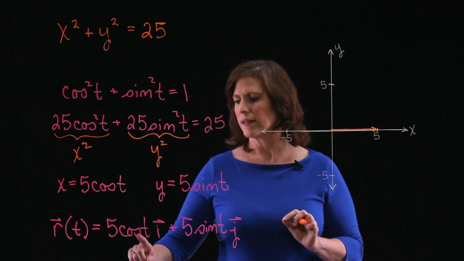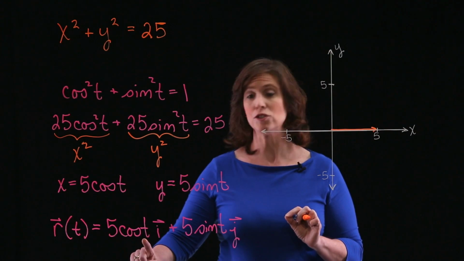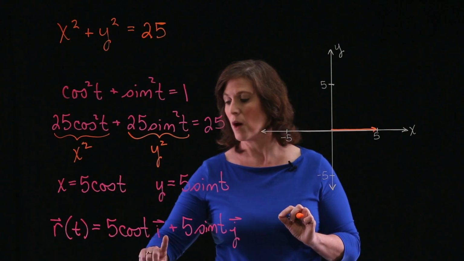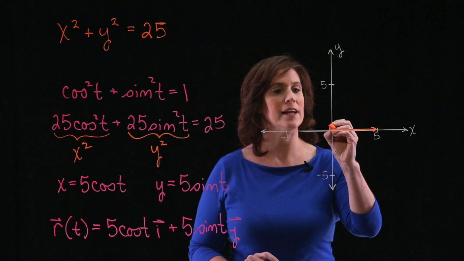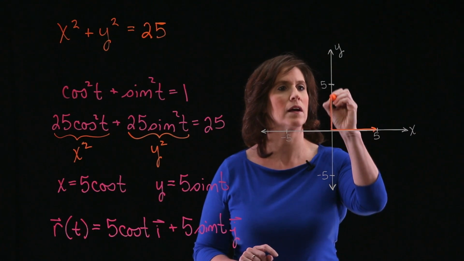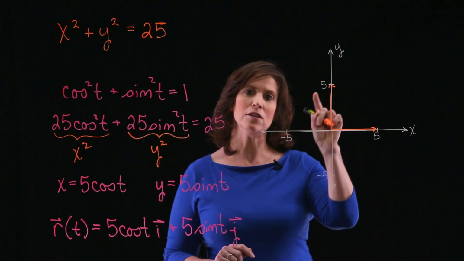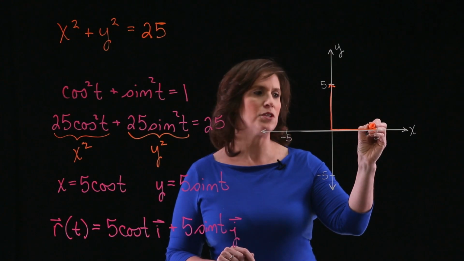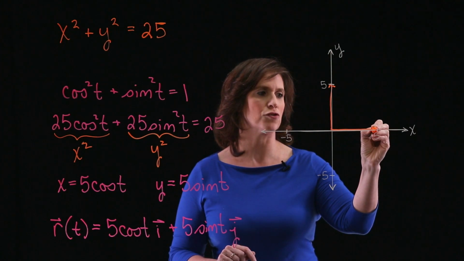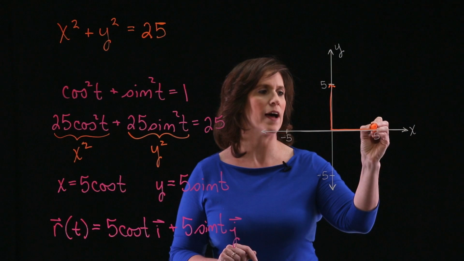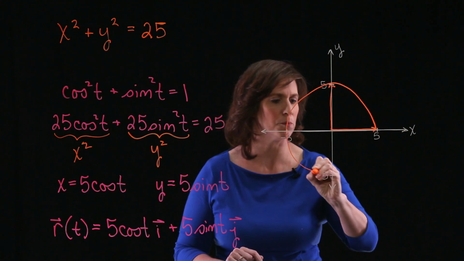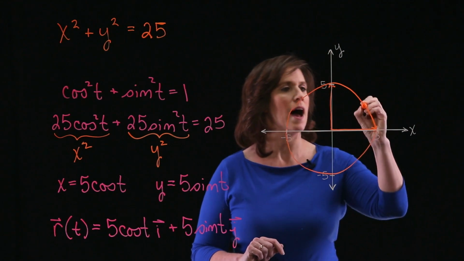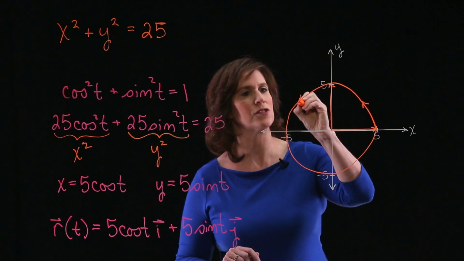Let's try another point. Let's say pi over 2. At pi over 2, the cosine of pi over 2 is 0, which knocks this term out, but I have a 5j, and so it's going to be this vector. And I can continue doing that, but remember what I'm doing is the tips of these vectors are tracing out my curve. And if I continue taking test points and continue putting in different values of t, I'm going to find out that I get a circle